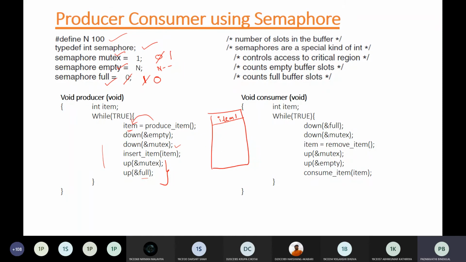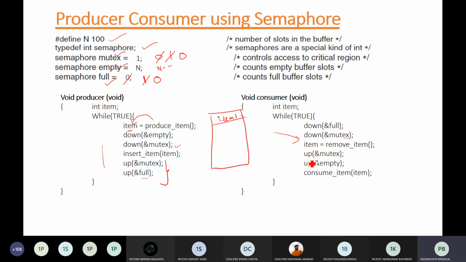The consumer also wants to take the data item from this buffer, so it also needs the help of the mutex semaphore. Mutex is 1, so your consumer can access it, and it will now become 0. Now once the consumer has the data item as well as the access, it can happily remove the data item.